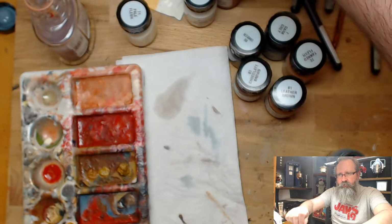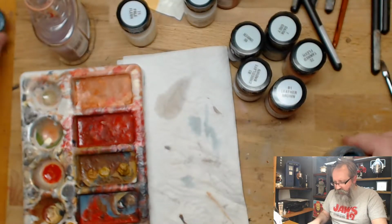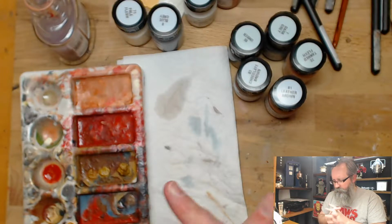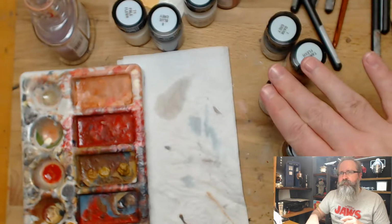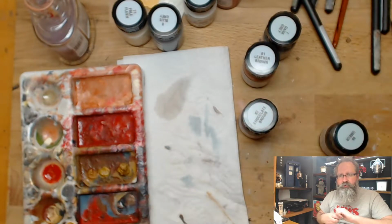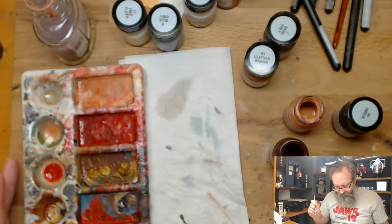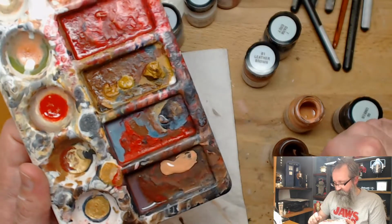Get rid of that paint off the brush. Right, so now let me get some. There will be some chocolate brown, there will be some umber, there will be some tanned flesh, maybe some other colours eventually, but this can do to start with. In fact, it might just be chocolate and flesh to start with. I'm using the flesh, and that might have been too much there,